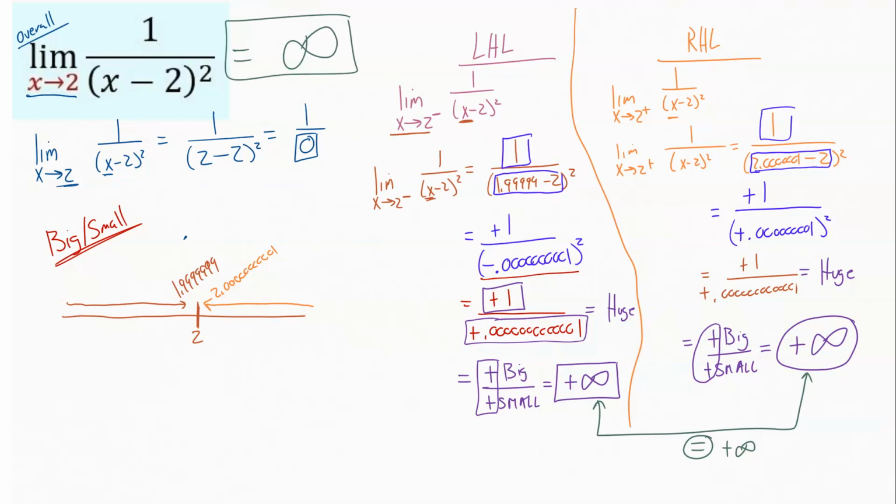So in this situation, the limit as x approaches 2 of 1 over x minus 2 squared is going to be headed to positive infinity. We also know, concluding here, that we have a vertical asymptote. Whenever one of your limits, a left-hand limit or a right-hand limit, equals infinity, you know you've got a vertical asymptote. That's what you've proven here. And so we know we have a vertical asymptote at the x value we cared about. So we have a vertical asymptote at x equals